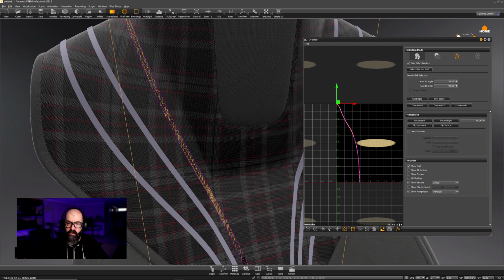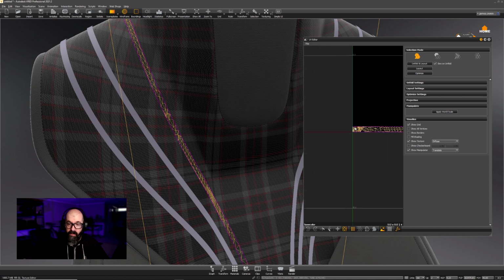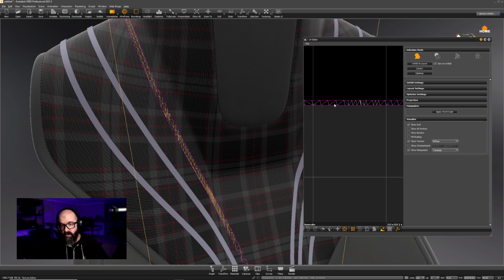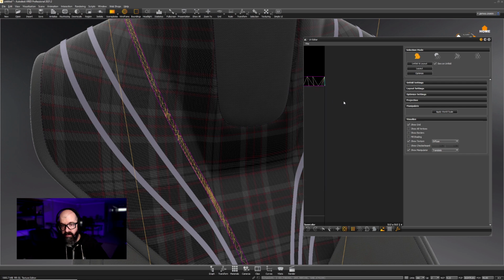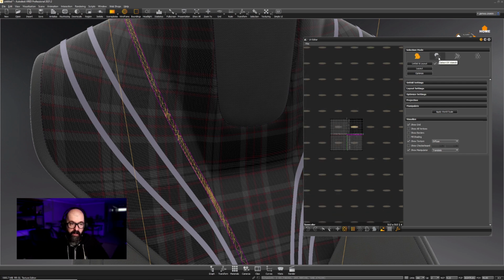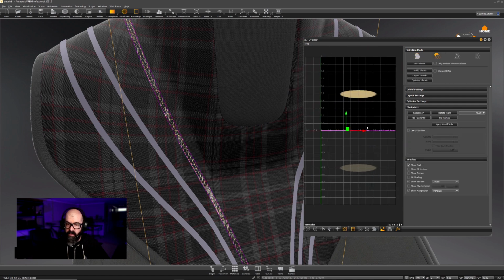Now, what I want to do is go back to the Unfold and Layout button. And let's press that. What's happened now is it's taken that curvy shape and it's made it straight. So I've constrained this edge to the U direction and these edges to the V direction. And this helps me because now I can go back to the island, shift and click on that island,